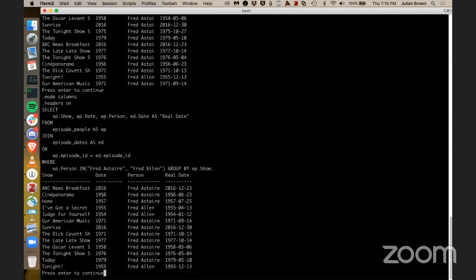So going on to the next query, the only thing different I'm doing here is I'm grouping by show. So the data is going to be a little bit different, but we still got the Fred Astaire ones, but we don't have a lot of duplicated data here, because if you look at this one above, you can see the Tonight Show several times, but you should only see the Tonight Show once in this set because I grouped by show. It may not be correct because the show by date, the actual real dates,